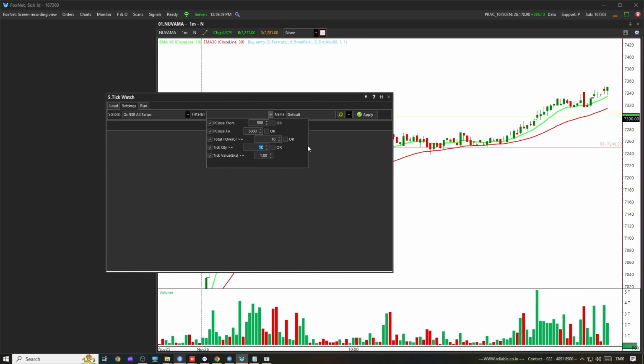Here is the quantity part, a single trade quantity part. The standard setting is 10, meaning 10 shares. If I take an example of a minimum of 1000 shares, that stock should be in the 500 to 5000 range, the total day turnover should be at least 10 crore, and a trade should have at least 1000 quantity. And that trade deal should have at least 1 lakh value. Here is the 1 lakh denotation. You can go up to beyond 10 lakh, 10 crore as well.